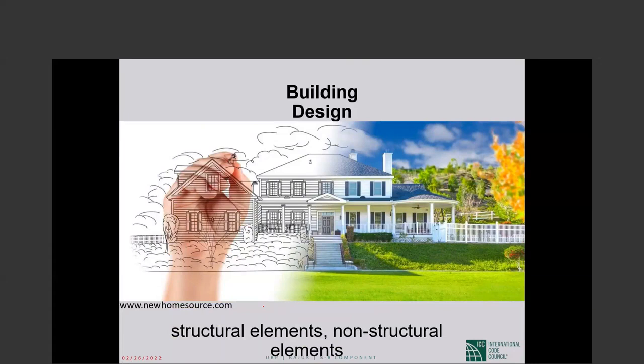Based on that, we can make our methodology for the evaluation and later for the retrofitting. So if we look at the procedure for design of a building, what that means for us,